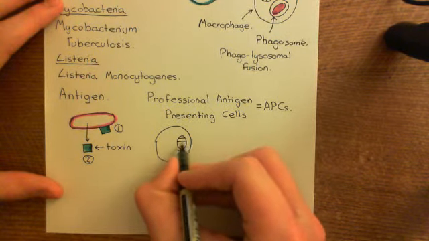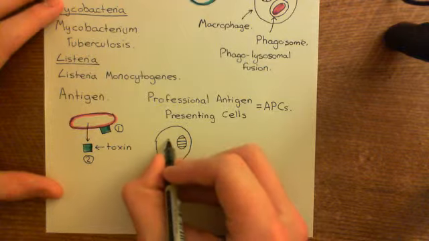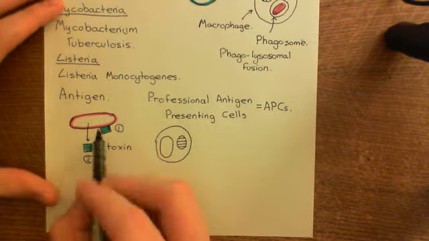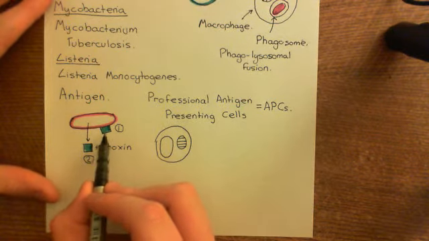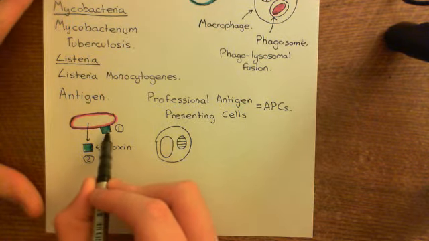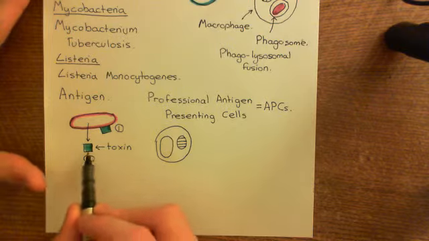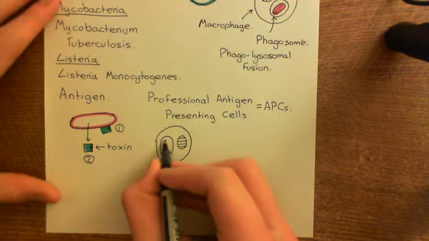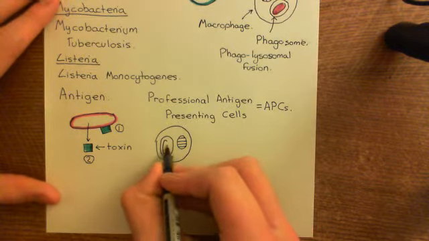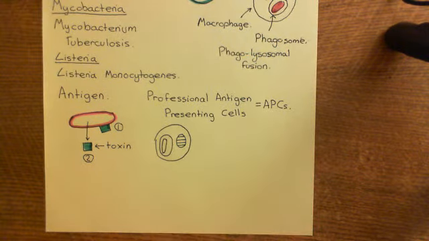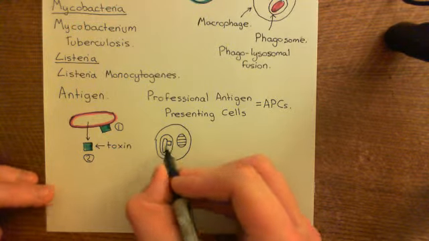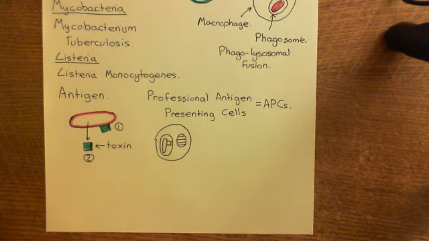So this is the nucleus of the professional antigen presenting cell, and then let's let this be the phagosome. And we'll imagine that we're going to launch an immune response against the antigen that's on the surface, but it's a very similar process for the secreted one as well. Okay, so here is the pathogen here, and we'll colour it in pink. And it's got this nice antigen, and we're going to mount an immune response against this specific antigen that I've